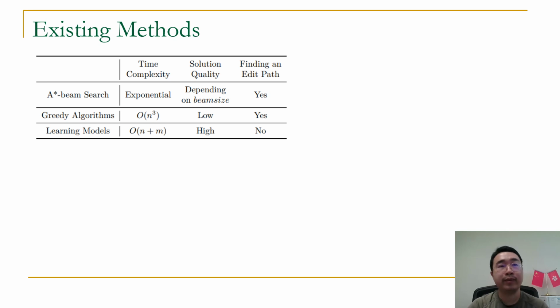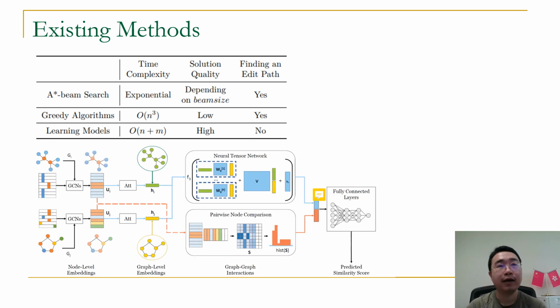Greedy algorithms replace the edit distance metric with a similar greedy function, which can be easily optimized by finding a minimum weight matching in cubic time. As for machine learning models, they first use a graph neural network to generate embeddings of the given graph pair, then combine them to capture the graph-to-graph information. After model training, these GNN-based models can predict the GED value of a graph pair in linear time